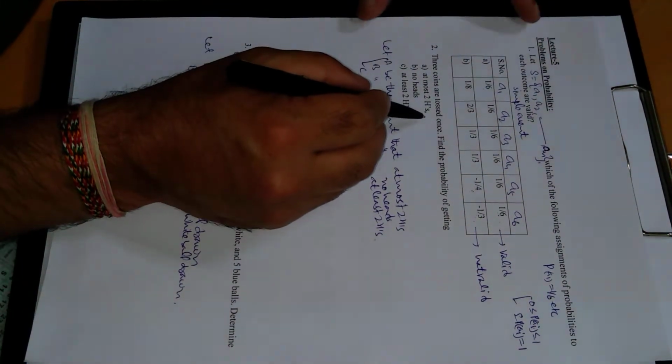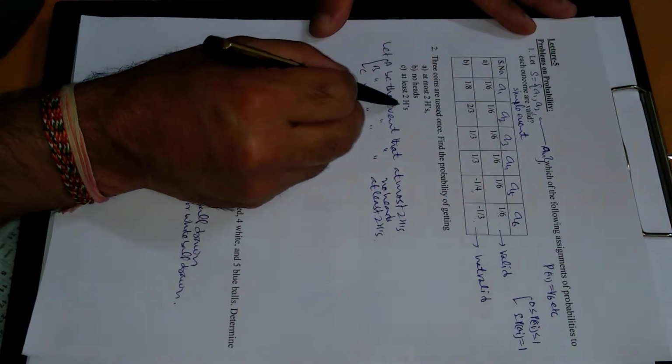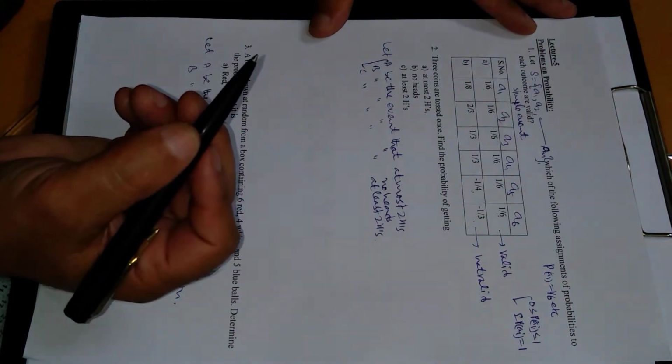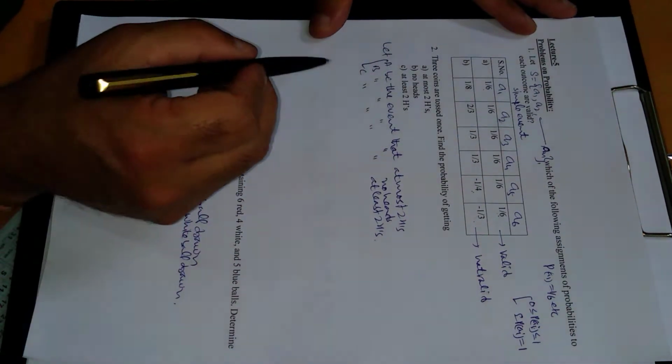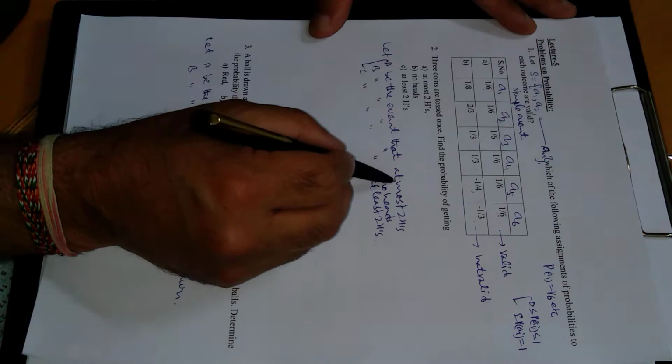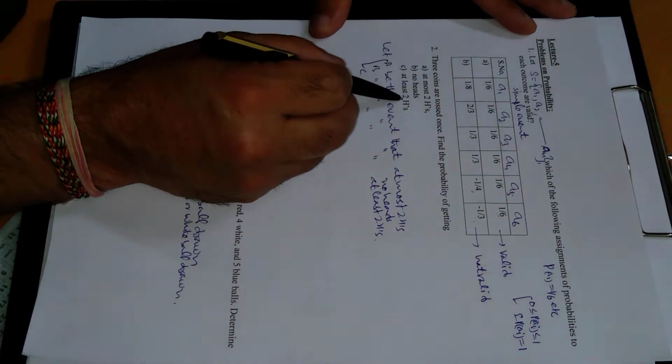3 coins are tossed once. Find the probability of getting at most 2 heads, no heads, and at least 2 heads. As we know that probability is always for an event, so let us suppose all of these in event form. Let A be the event that at most 2 heads, B be the event that no head, and C be the event that at least 2 heads.